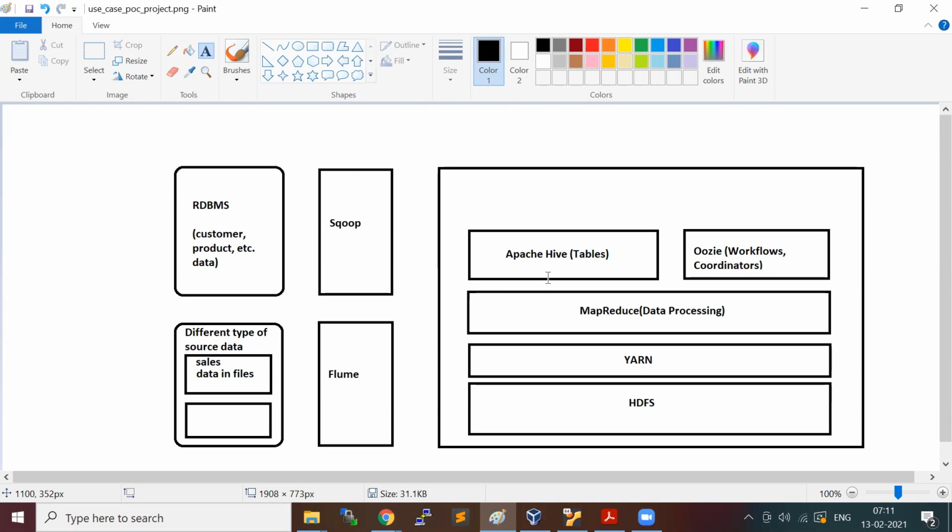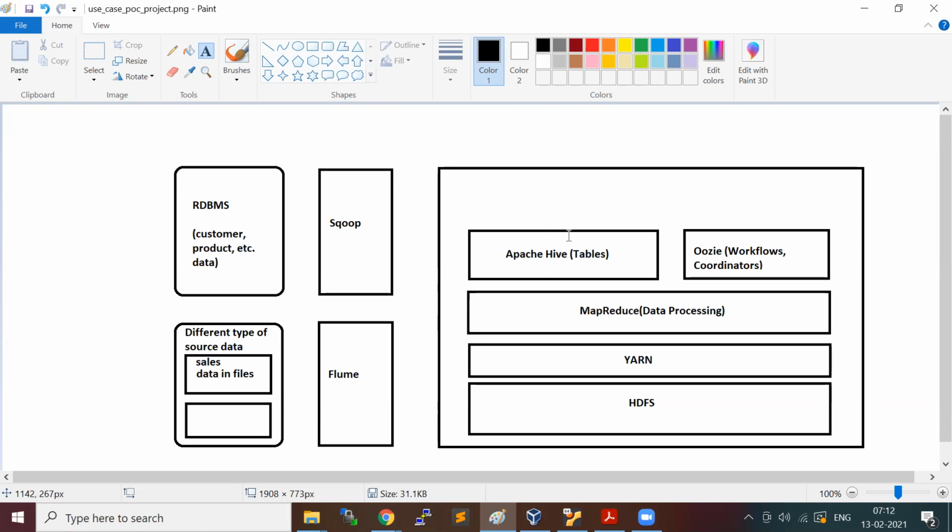Say you have a set of HQL statements that you put in a script. Whatever we saw in Hive, we generally take a query and type it in our Hive CLI. What we can do is put a set of HQL queries in a file called .hql, and run those queries using the Hive CLI command, so it will run that entire query in your Hive CLI and process the data.